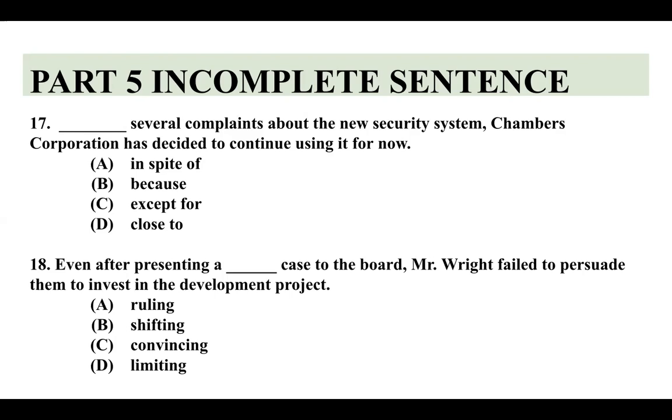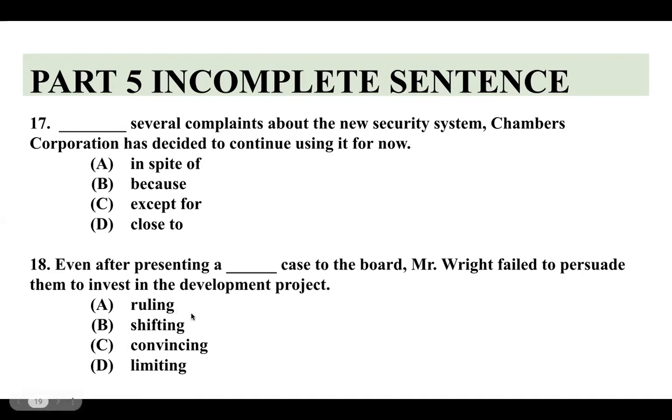A ruling, B shifting, C convincing, and then D limiting. even แต่ว่าถึงแม้ว่า even after presenting ถึงแม้ว่าเขาจะ present อะไรครับ case something นะครับ วิธีการดูนะครับ ดู blank ก่อนเลย case ตัวนี้เป็น noun นะครับ เราต้องการ adjective ซึ่งให้มาเนี่ยเป็นการวัด word choices ซึ่งเป็นตัวยากอีกรอบหนึ่งครับ ผมอ่านโจทย์ดีๆ นะ แล้วก็ลองจับใส่ ruling case, shifting case, convincing case or even limiting case ถึงแม้ว่า something มัน positive เขาก็ fail หาคำตอบที่เป็น positive ครับ